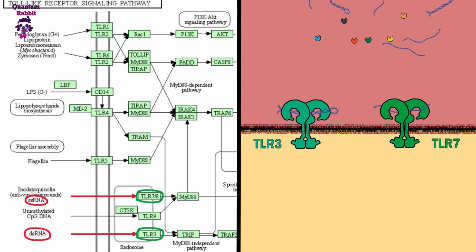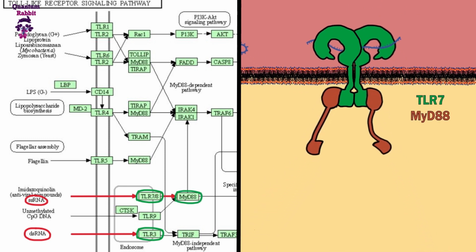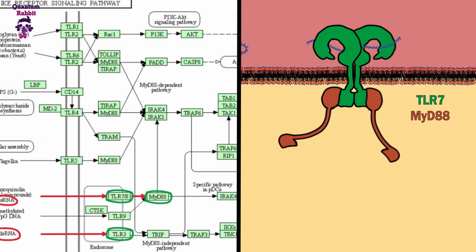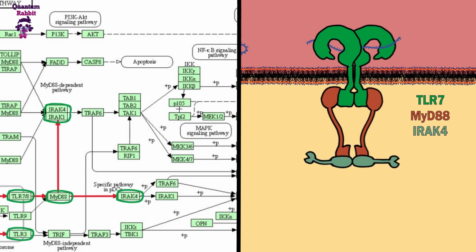When two toll-like receptors bind through their ligand, they form a dimer that can bind to other adapter proteins in its cytoplasmic domain. The dimerized toll-like receptor 7 binds to the MDA-5 protein, which acts as an adapter connecting proteins that receive signals from outside the cell to proteins that transmit signals within the cell. Then the IRAK4 protein binds to the MDA-5 adapter protein, and IRAK1 binds to IRAK4, forming a protein complex called the